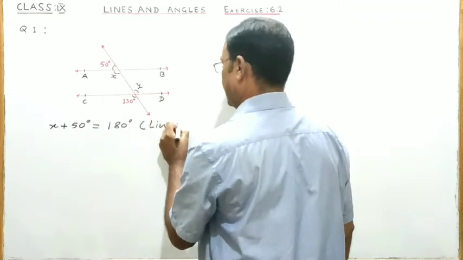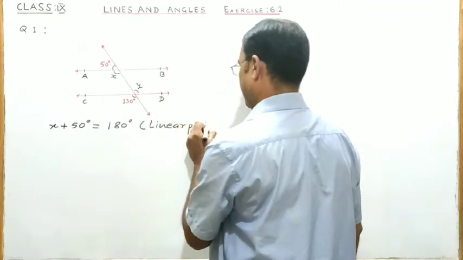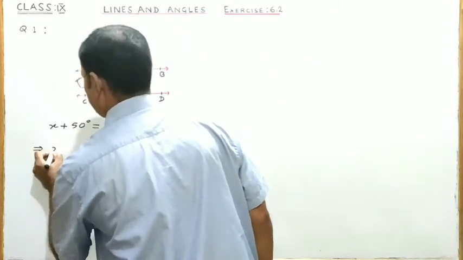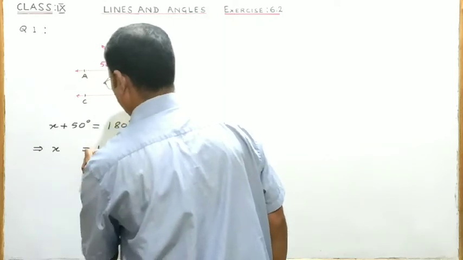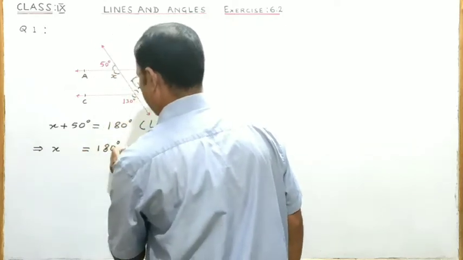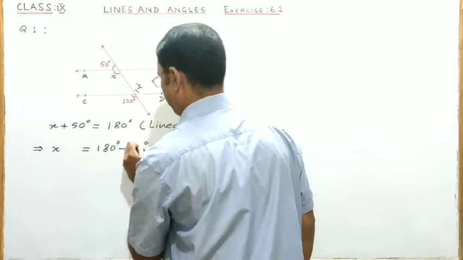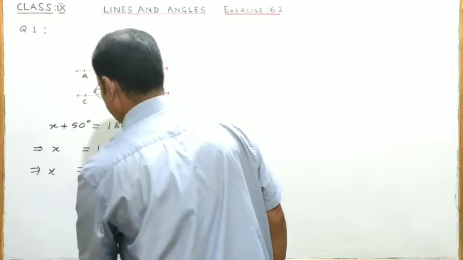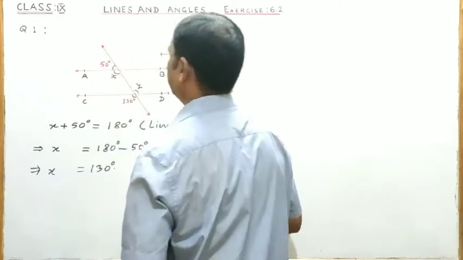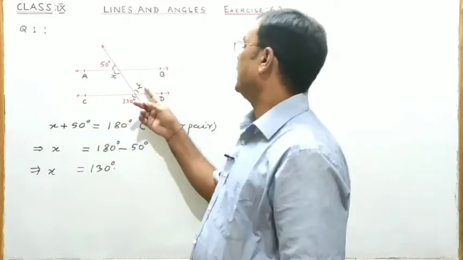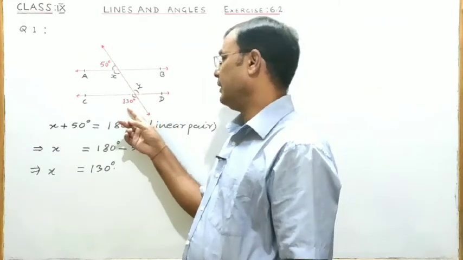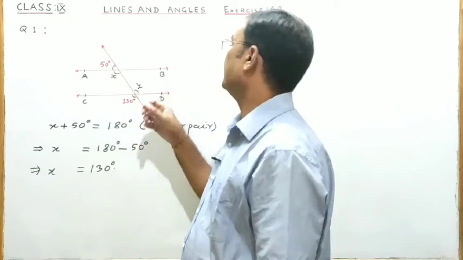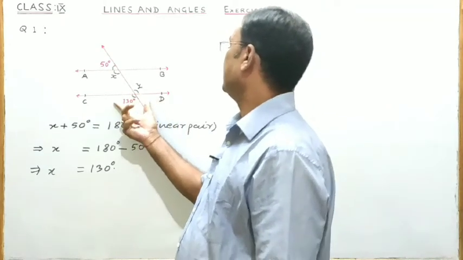So for the reason we can write linear pair, and this implies x is equal to 180 degrees minus 50 degrees. So x is equal to 130 degrees. Now this angle y and this angle of measure 130 degrees are vertically opposite angles because CD is